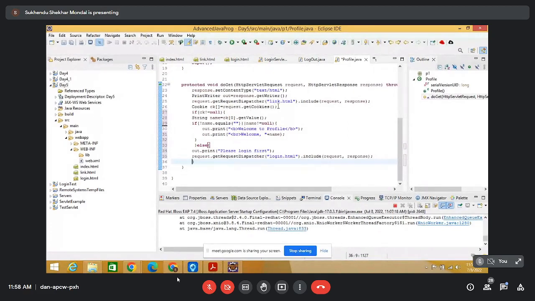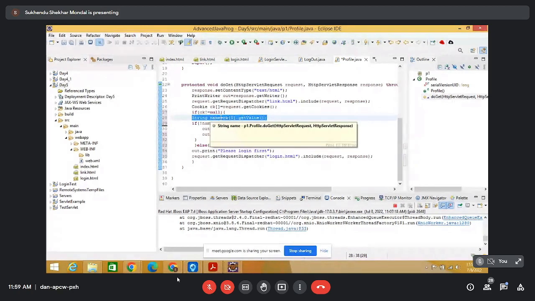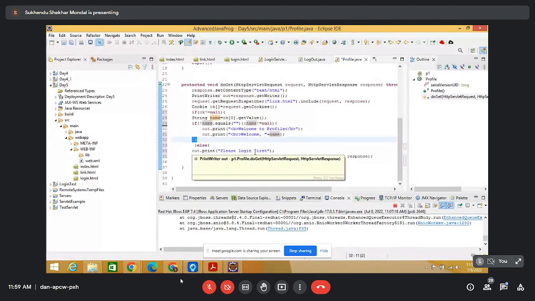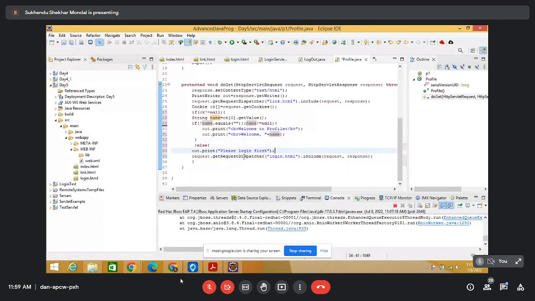কুকি সিকে রিকোয়েস্ট ডট গেট কুকিজ, এটাও আমি করেছিলাম। ইফ সিকে নট ইকুয়ালস টু নাল, যদি নাল না হয় তখনই কেবলমাত্র আমি এই সিকে জিরো ডট গেট ভ্যালু, যেহেতু আমি প্রথমবার ওটা করছি, তার নেমটা আমি তুলতে চাইছি। গেট ভ্যালু মানে ইউজার আইডি যেটা আমি প্রোভাইড করছিলাম। নেম নট ইকুয়ালস টু নাল হলে ওয়েলকাম টু প্রোফাইল বলে তার নামটা দেবে। এলসে, যদি কুকিটা নাল হয় তাহলে out.println করছে লগইন ফার্স্ট রিকোয়েস্ট। ওকে, দ্যাট ইজ বেসিক্যালি দ্য থিং।